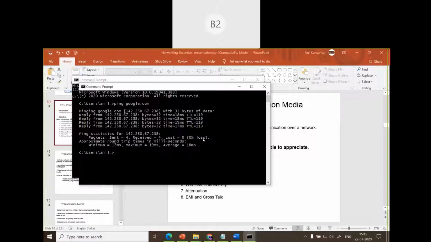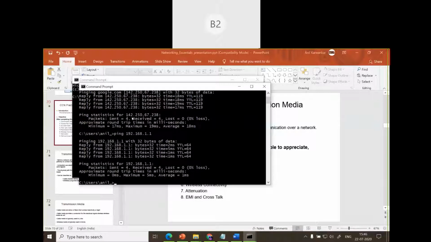Whatever may be the communication media with which you are connected to the internet, you are properly connected to the internet. That is the meaning associated with this particular command ping. This ping command is used for intranet as well as internet. If your network is not connected to the internet, you can check whether other terminals are on the network or not. Say a typical address, say ping 192.168.1.1.